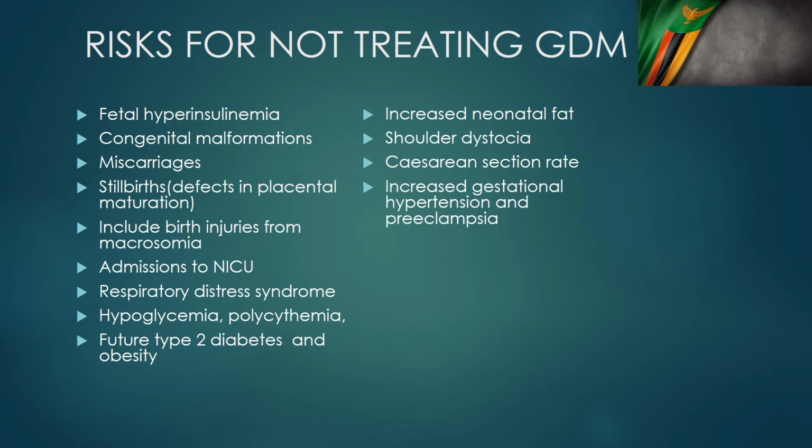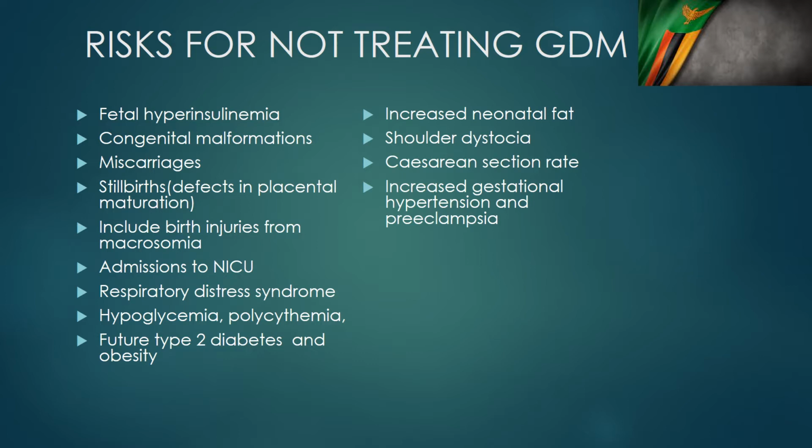This blood sugar is increased in circulation so that the fetus gets some glucose for growth and other functions. Sometimes this can be exaggerated, and the blood sugar goes way above the normal range. This normal range is not well defined, but it's somewhere between 5.1 and 5.6 millimoles. So once the blood sugar goes beyond this window,